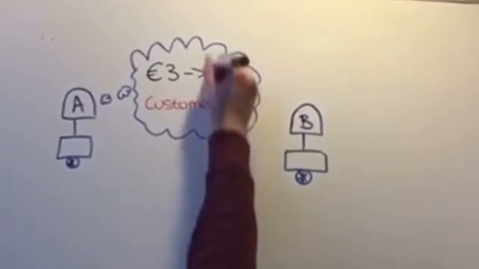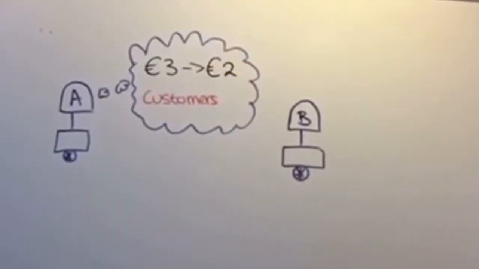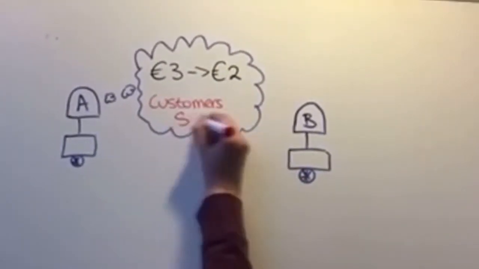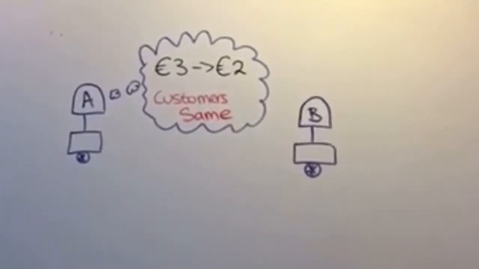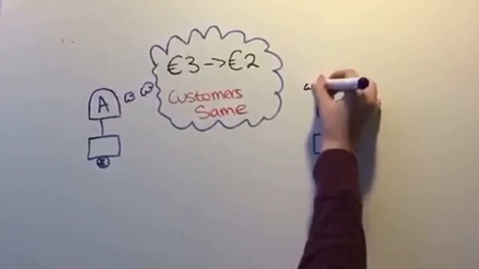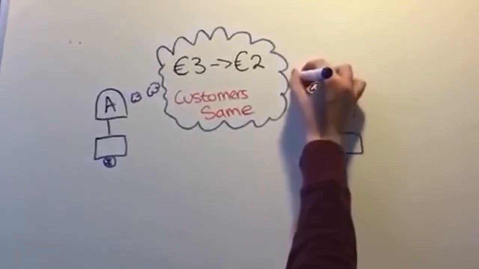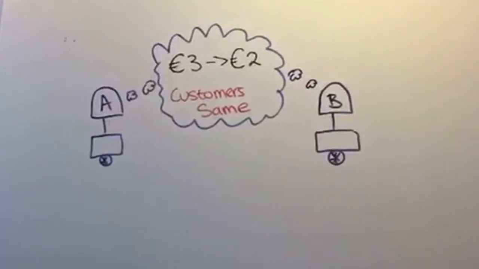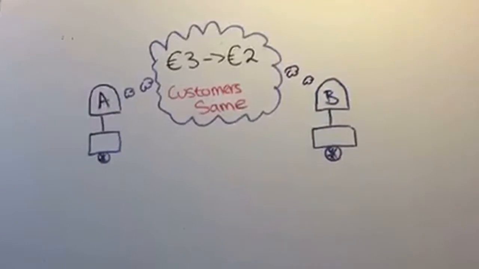However, if Stall A was to lower its prices, Stall B would immediately lower theirs as well to stop Stall A getting a larger market share. This would happen because more customers would go to Stall A for the cheaper coffee. If we assume that Stall B is thinking the same way, there's no good reason for either stall to change their price. If they go up, they will lose market share, and if they go down, their competitor will immediately